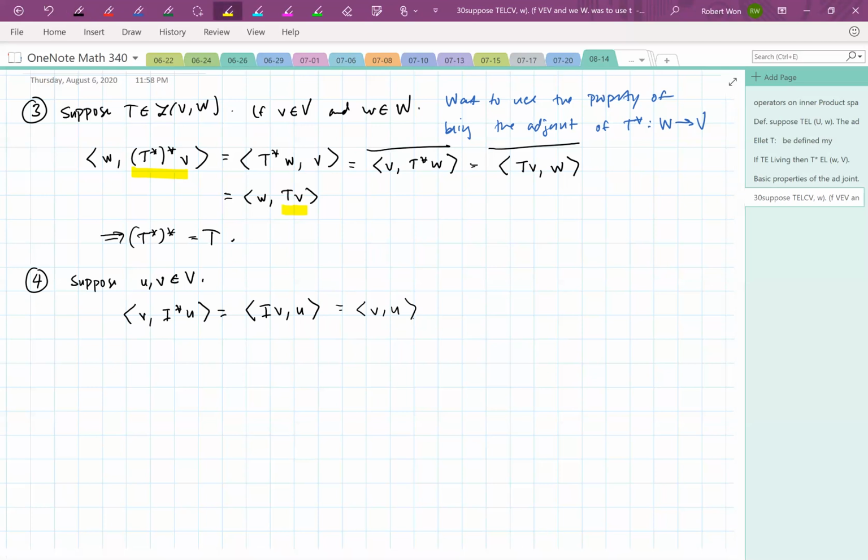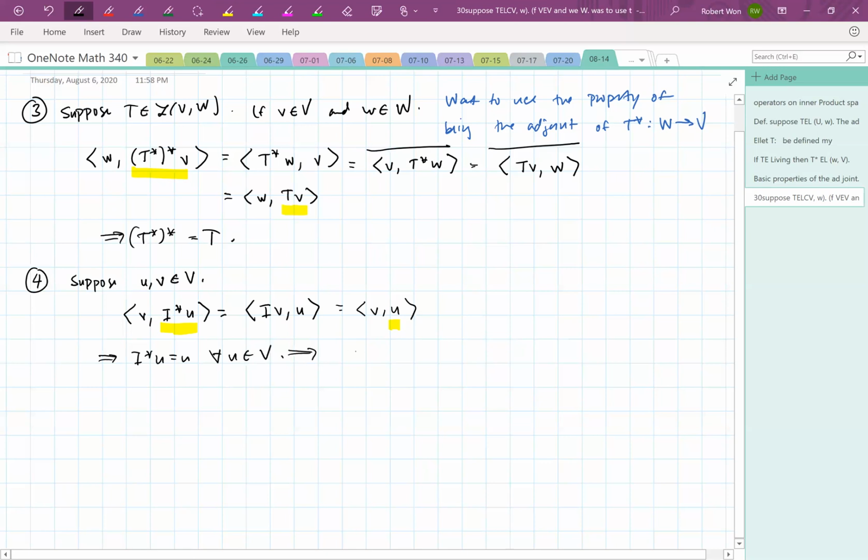And now the same trick that we've used several times, this vector and this vector must be the same vector. Since that's true for every u and u, it means that I star of u equals u for all, right? So this means that I star u equals u for all u and v, which just means that I star is the identity. That's what the identity map is. Okay, and then lastly,